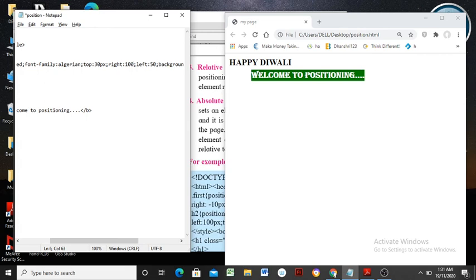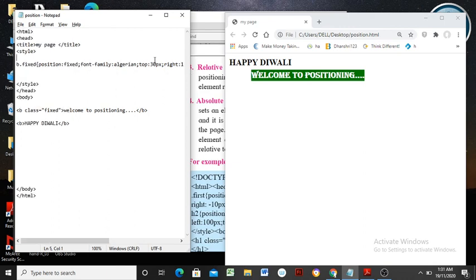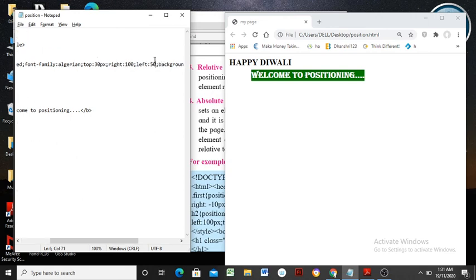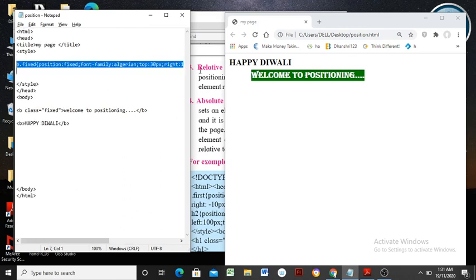So at the same time you are applying left and right. See here what effect will be applicable. Here we have basically given 50 pixels for left. Now we are applying 100 pixels. We will check in what manner the text will be displayed in a browser's window.